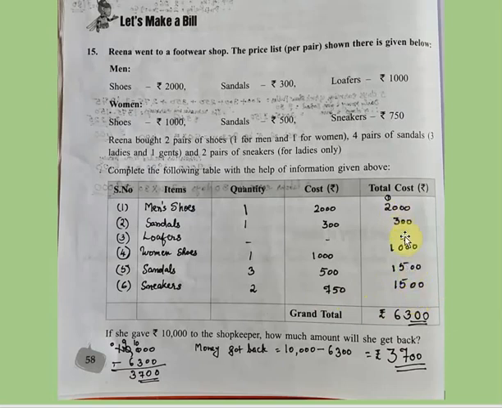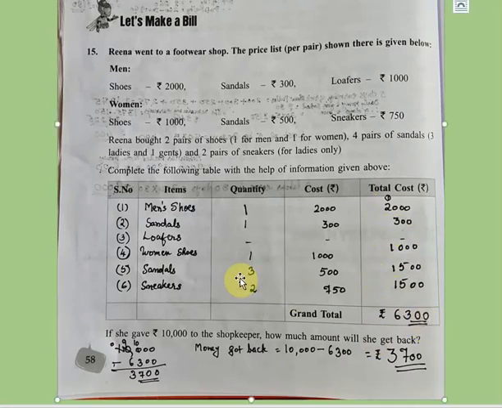Now what will we do? All the amounts which she had purchased, you have to total. So here I had totaled. You can see 0, 0, 0 equal to 0. Again zeros are zeros. Then 5 plus 5, 10. 10 plus 3, 13. Carry over 1 I had shown here. 1 plus 2, 3. 3 plus 1, 4. 4 plus 1, 5. 5 plus 1, 6. 6,300 rupees bill she got.